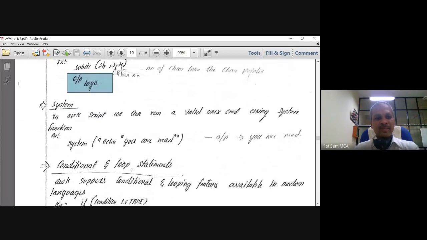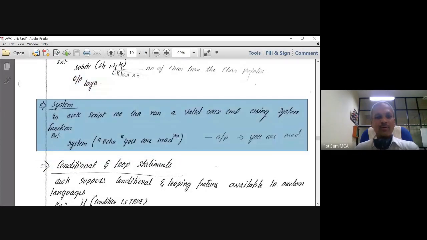And next we have system, which is used to execute any command that you want to execute from a Unix perspective. A Unix command you want to execute in an AWK script, probably we can do this. But what you have to keep in mind is that the command itself has to be kept in double quotes. If you look at the echo, it uses double quotes, and the command again has been kept in double quotes. Again, we'll see some of those examples so that you will understand. So these are the 5, 6 functions that we have as far as the awk functions are concerned.